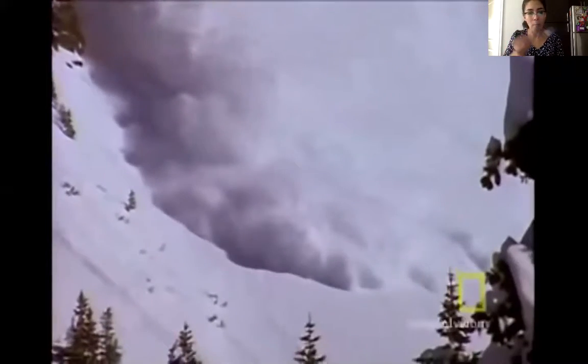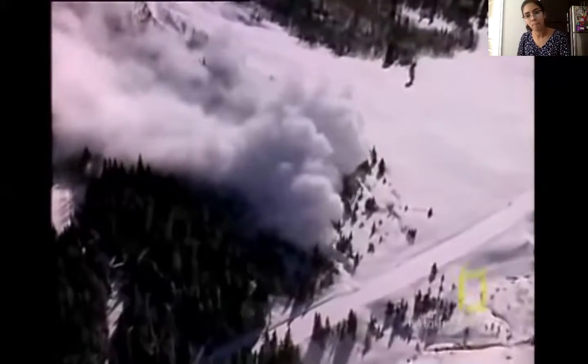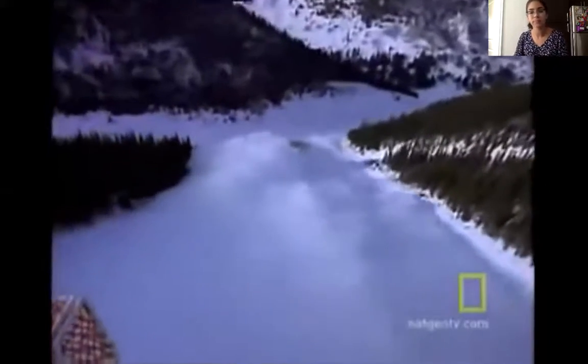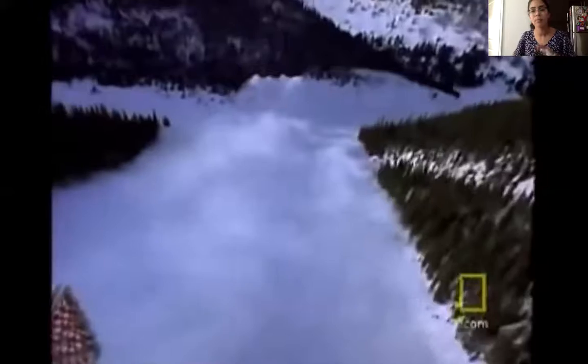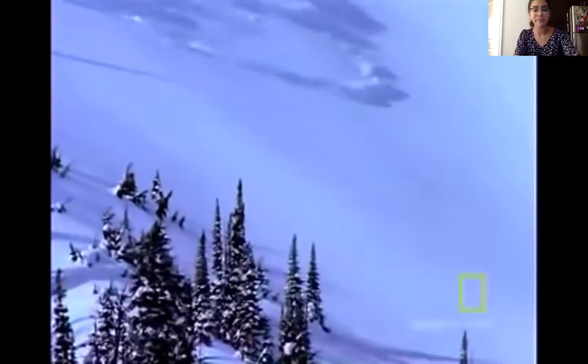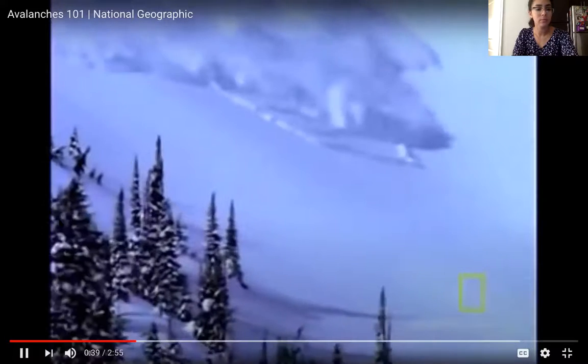Each year, about 150 people in Europe and North America die from avalanches. Large ones can wipe out forests and erase mountain villages. Avalanches come in many forms. Some, called slough, consist of sliding loose snow. Others, called slab avalanches, occur when large sections of the snowpack crack off and crash down the slope.